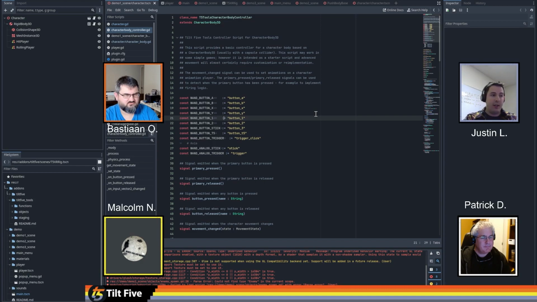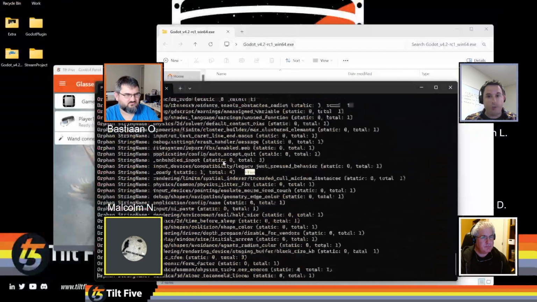Now, we've gone through the basics of how this project's set up. I want to do a quick demo on how you might use the tools plugin in your project to get some things started. To that end, I am going to go,